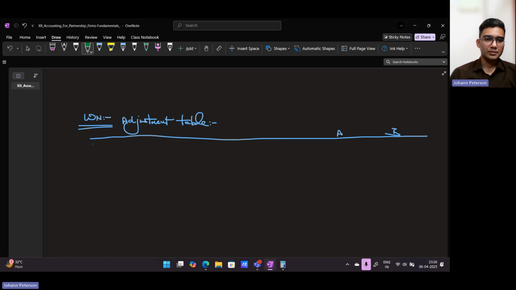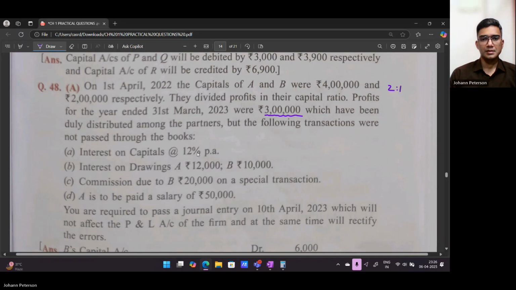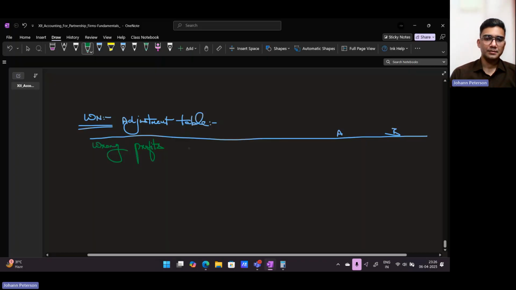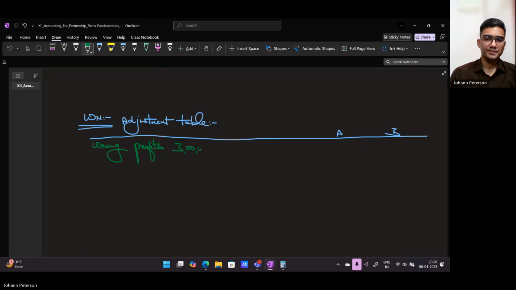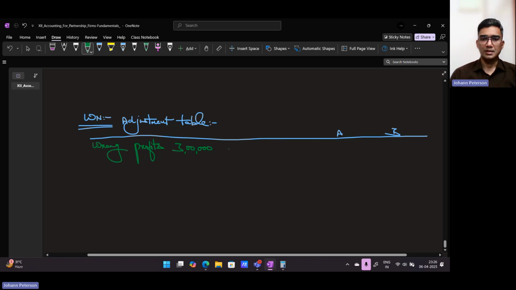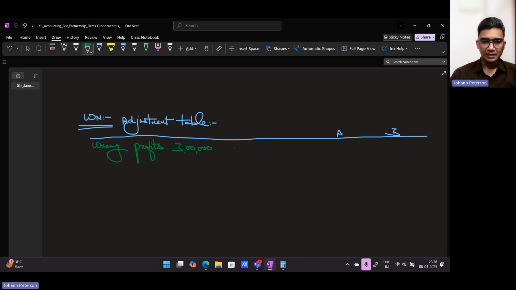So we are going to write wrong profits 3 lakh. The reason over here is because we have given away this profit without considering all those appropriations. So we will first take back that profit. So 3 lakh wrong profits taken back. Wrong profits of 3 lakh taken back